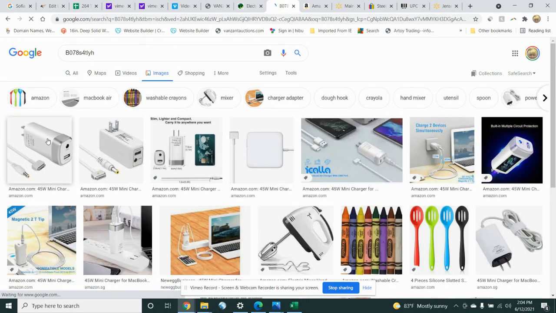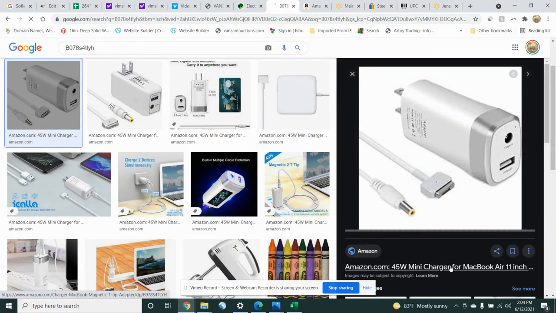Look at that. It came up. Okay, so it's an Amazon. It's a mini charger for a MacBook Air 11. So there it is. Now, the same thing that we probably could have done, let's say that we didn't have